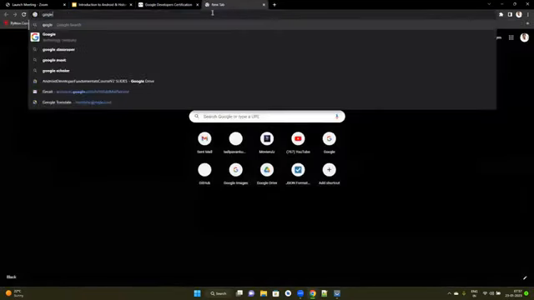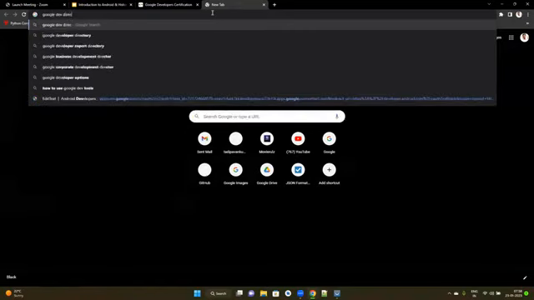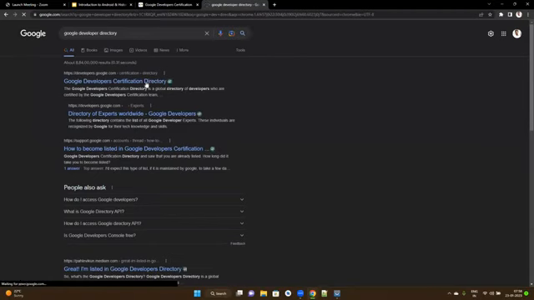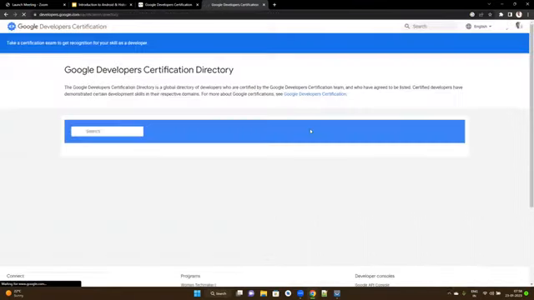So Google Dev directory. Okay. In the Google developer directory, you will have a place. If someone searches for your name,